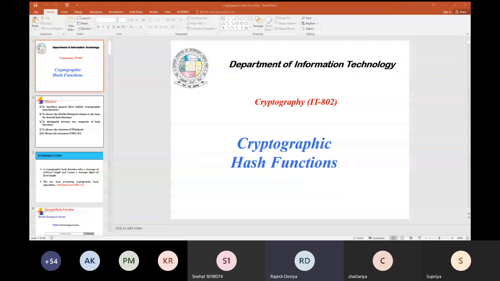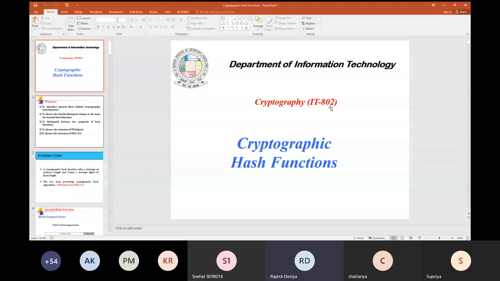Authenticity of a message means whether that message has originated from the authentic user or not. That is what we meant by message authentication, and it was achieved with the help of message authentication code.